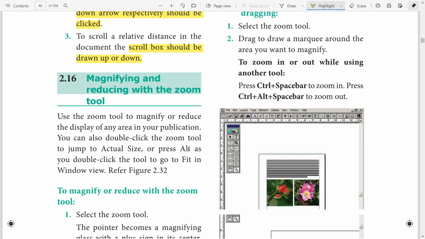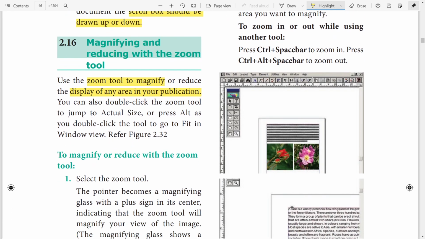It doesn't change the actual size. For our convenience, for minute details, we zoom the current page. Use the zoom tool to magnify or reduce the display of an area in your publication.